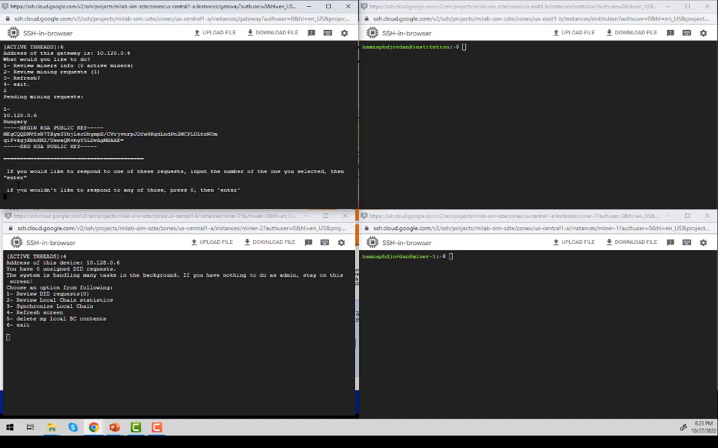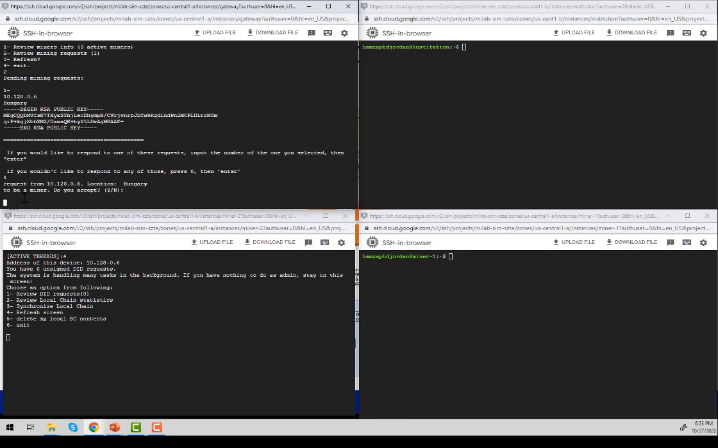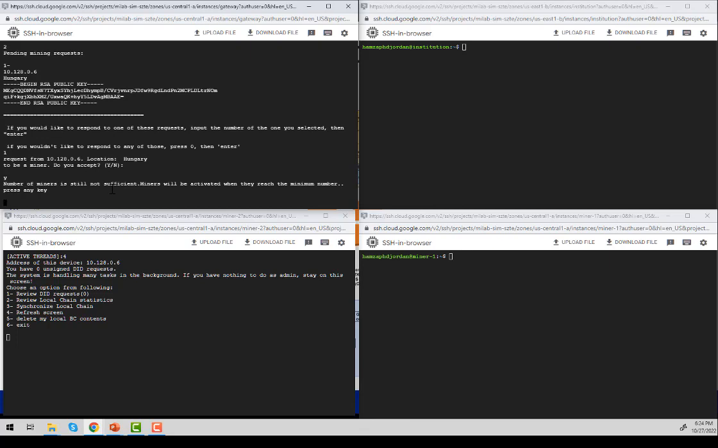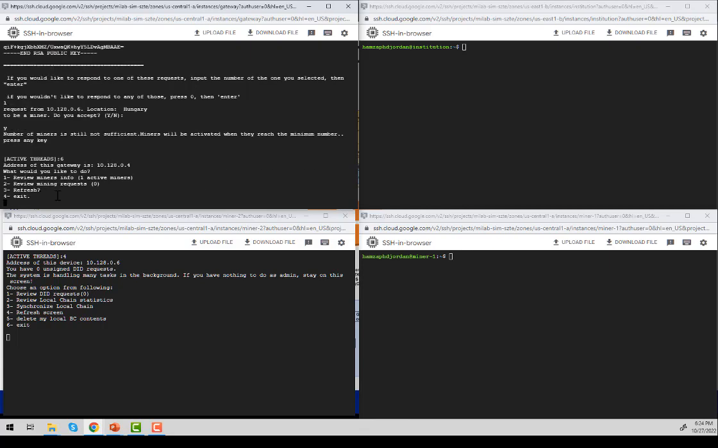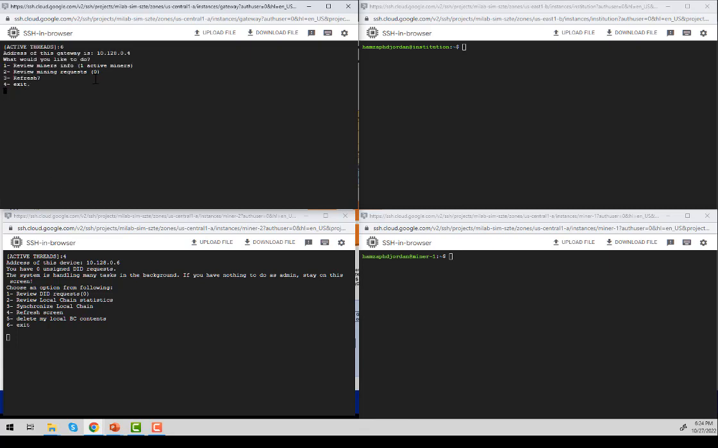So you need to select the number of the request, so it's number 1 in this case, and you need to specify whether you accept it to be a miner or not. So let's say yes. And then it does inform you now that the number of miners is still not sufficient, because you need at least 2 miners. So I will just press enter and refresh the screen, and you can see now that we have 1 active